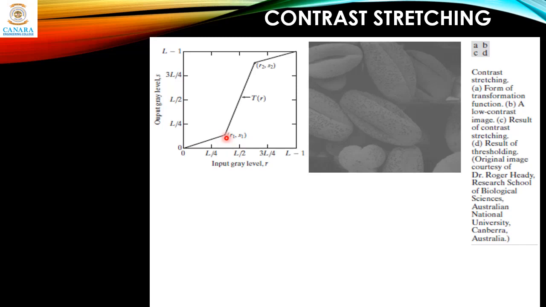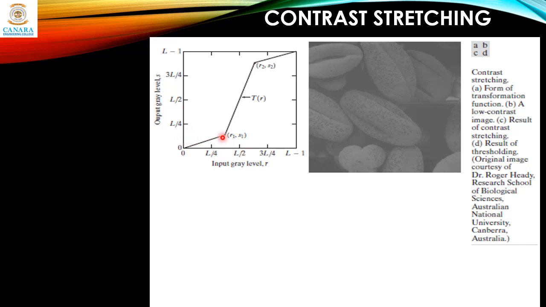stretch the contrast. That means we are suppressing the lower intensities to darker shades, meaning darker pixels will be made more dark and brighter pixels in this region will be made more bright. To understand this, we know that the x-axis is the input level and the y-axis is the output. X is r and output is s. So from L by 4 to L by 2, the input will be limited to this level.